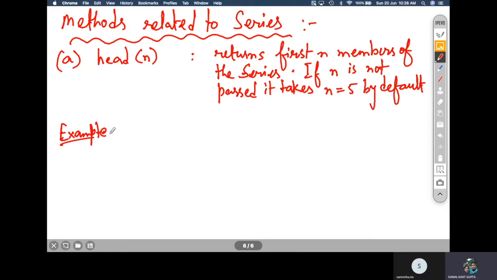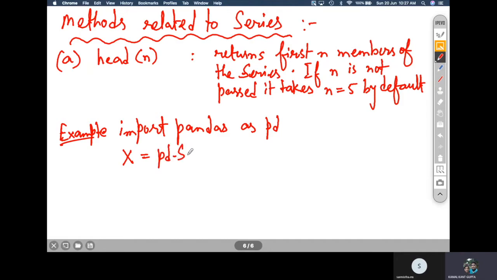Let us create one series, writing import pandas as pd, and we will also import NumPy, because that is also needed.